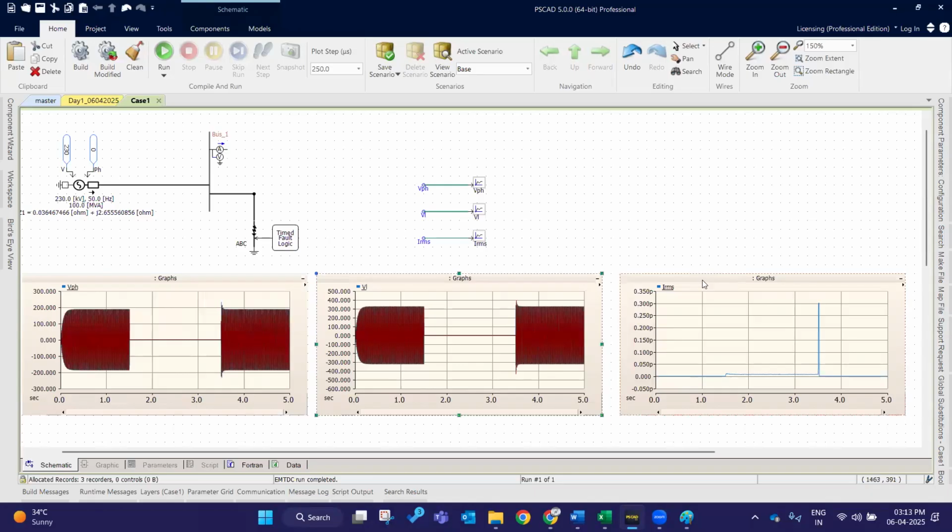Clear. So see my IRMS. What should I measure? Actually, I should measure 50 kiloampere. Why? Because I'm injecting a three-phase fault, so totally 50 kiloampere I should measure. Why? Because the short circuit level is 50 kiloampere for me. But here,